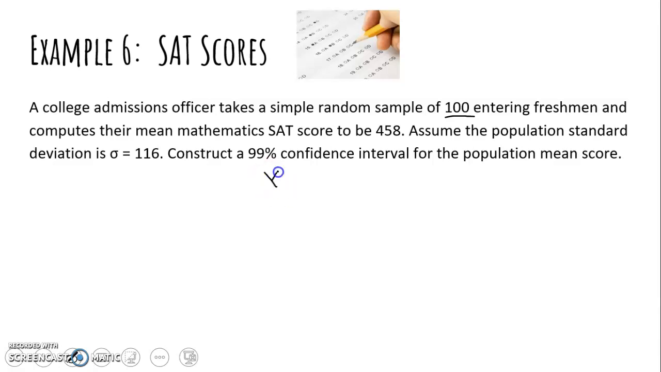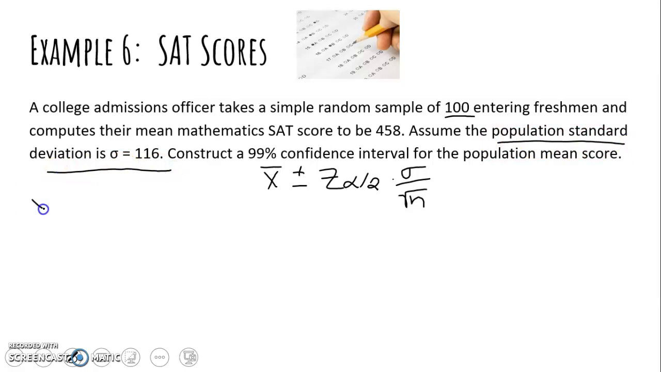So remember, here's the formula that we use when we're looking for a confidence interval for a mean, and we know the population standard deviation. So let's check and make sure we know the population standard deviation. It says assume the population standard deviation is 116, so we're good there. So let's write all the things we know, and the things that we need to know. Okay, X bar is 458, and Z, well,